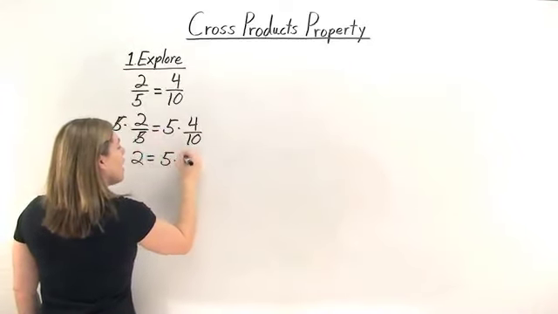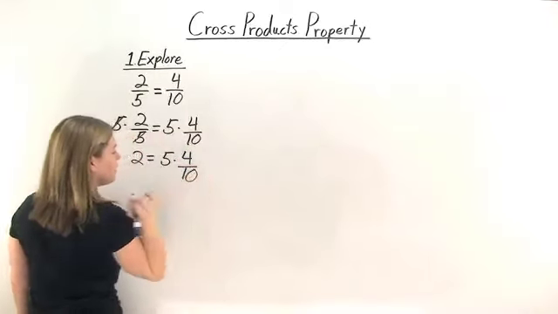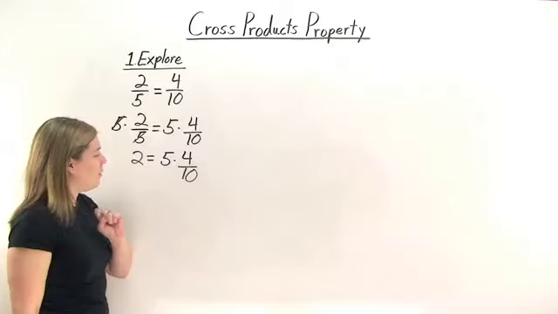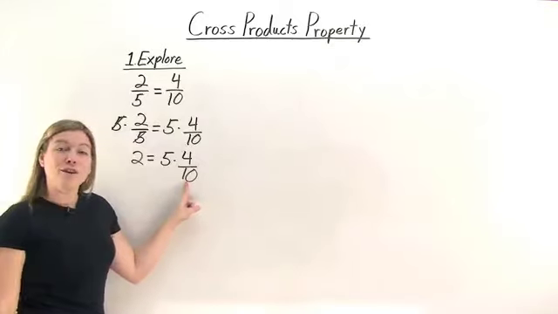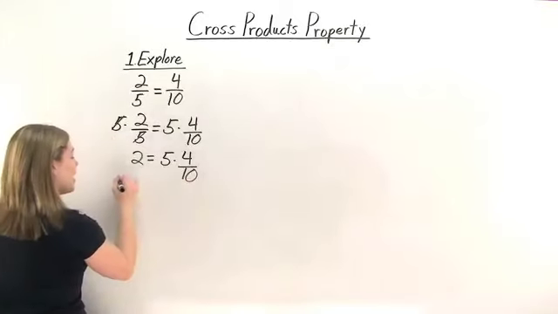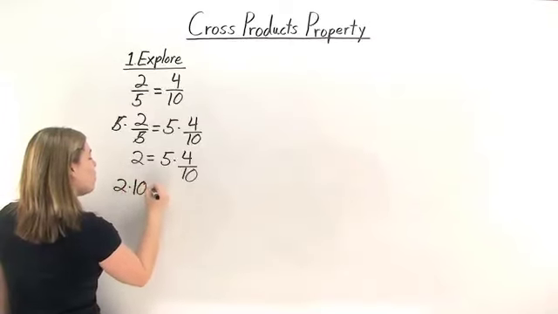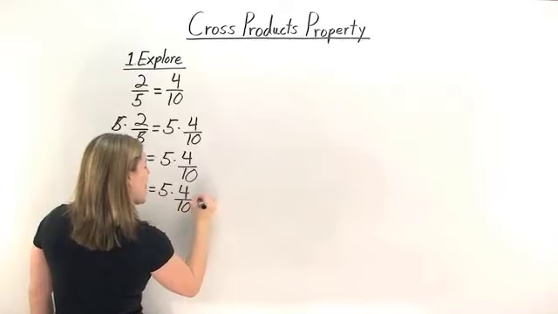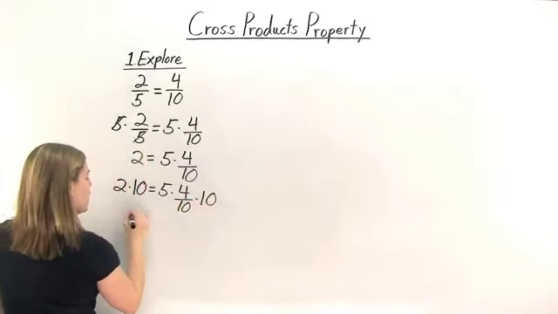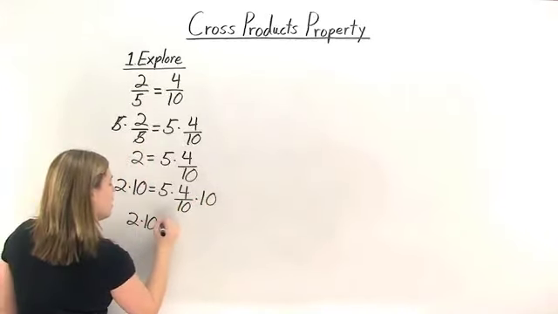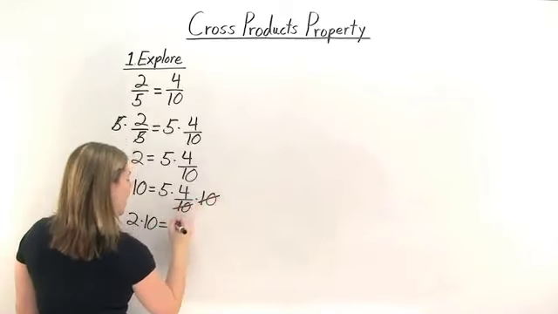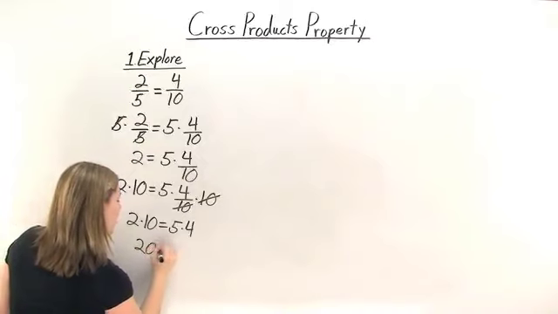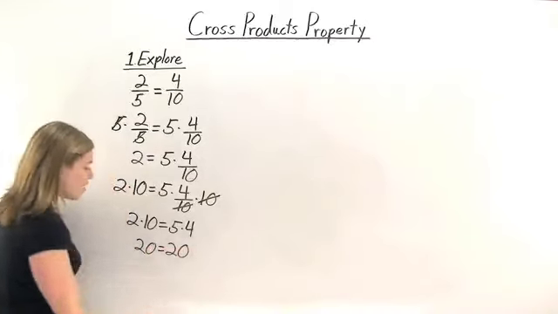Over on the other side, we have 5 times the fraction 4/10. Well, here we still have another fraction, so let's get rid of that. Here we're dividing by 10. So if we want to get rid of it, we can again apply the multiplication property of equality and multiply both sides of our equation by 10. That means that over here we'll get 2 times 10, and over here these 10's go away, and we just get 5 times 4. 2 times 10 is 20, 5 times 4 is 20, and we end up with this